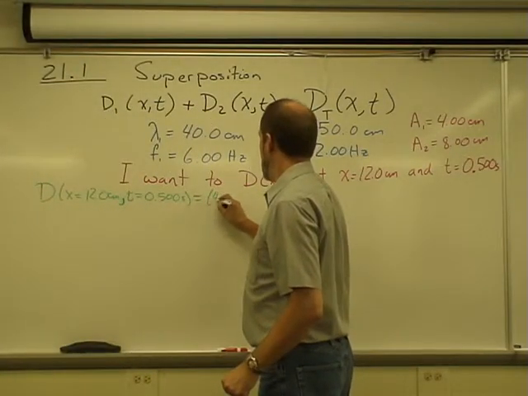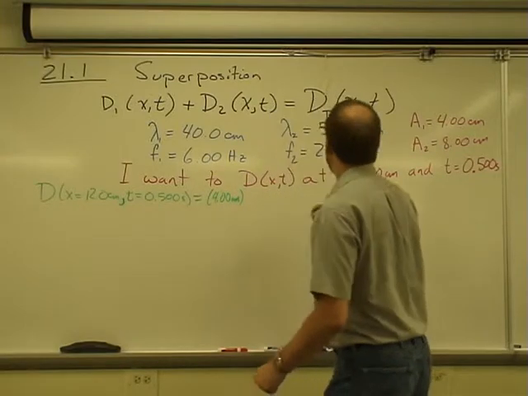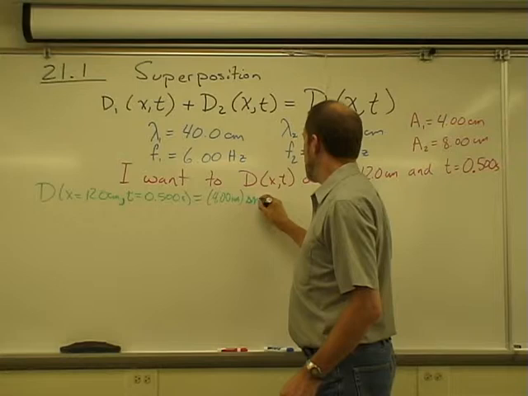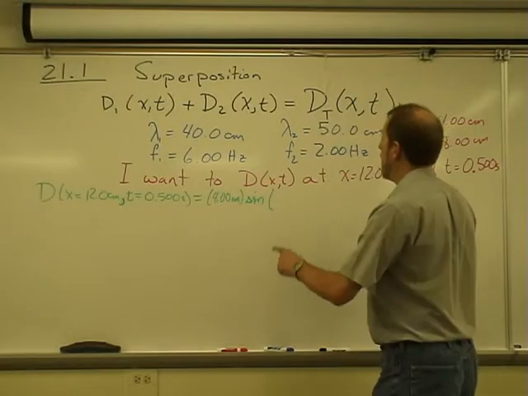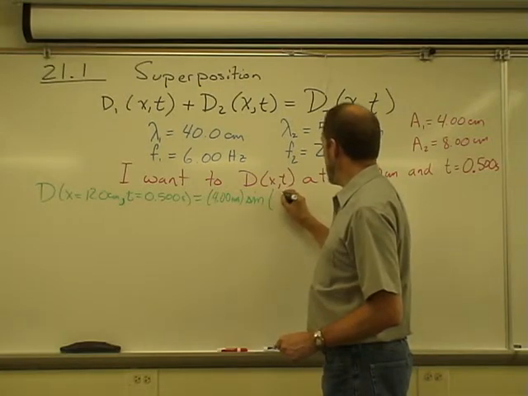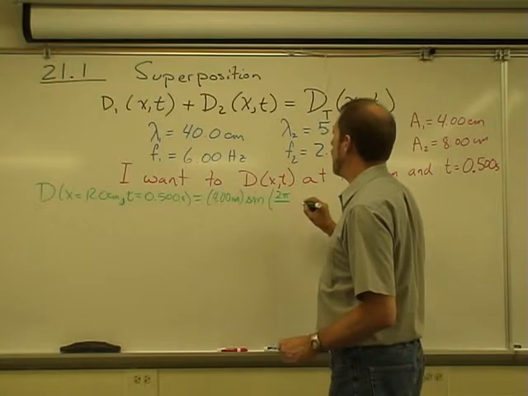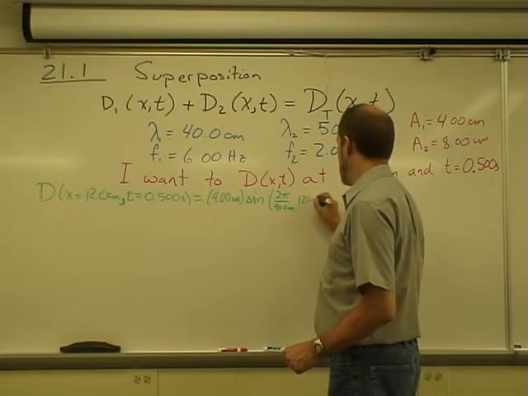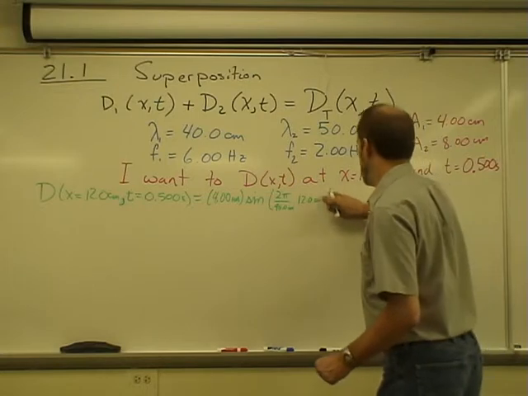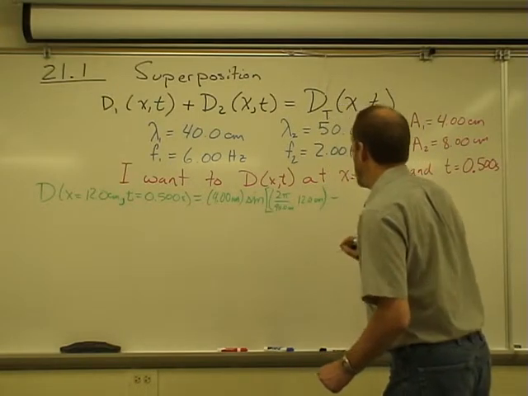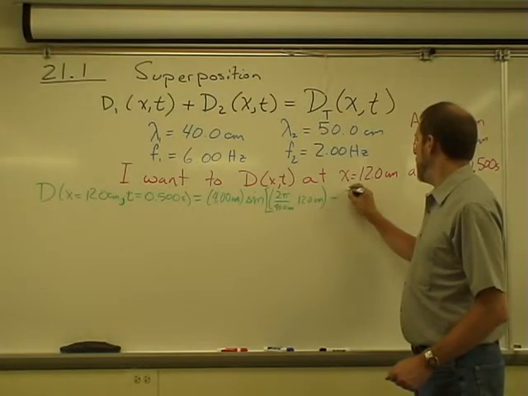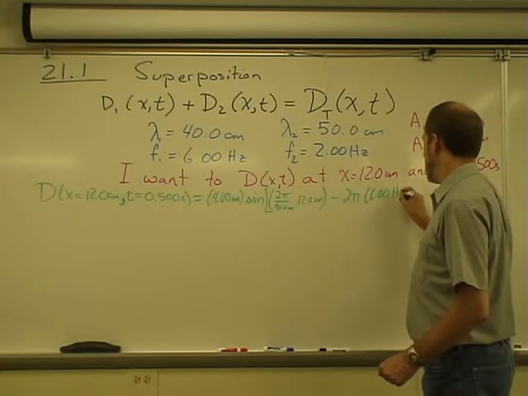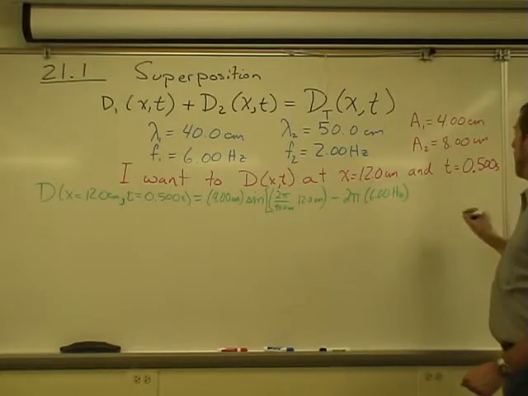So, 4 centimeters, the amplitude of wave A, times the sine of kx, where k is the wave number, 2 pi over lambda, which is 40 centimeters, times x, which is 12 centimeters, minus omega, which is 2 pi times the frequency, times the time,